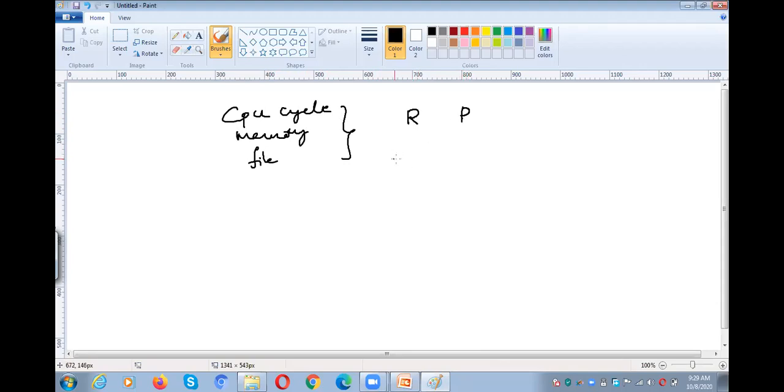Okay. And next, one more thing you need to understand is that whenever the process wants to complete its task, it needs to follow three things. The process needs to request the resource, then it has to use the resource, and after using the resource, the process needs to release the resource. What are the three steps?